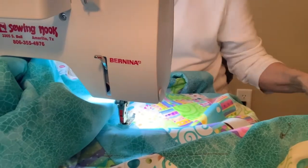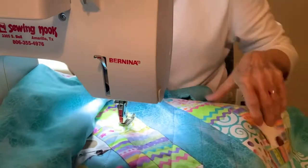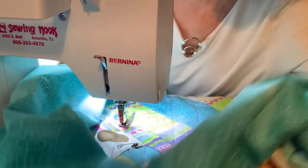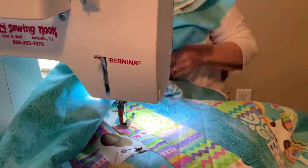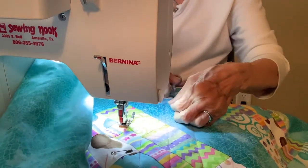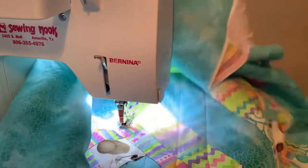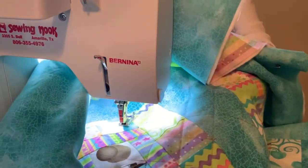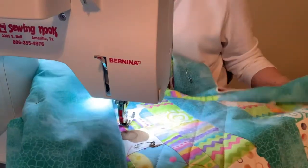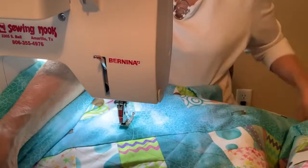Okay. All right, let's stop right here and let me show you. I'm gonna cut my threads and everything. You wouldn't ordinarily do that. You keep going and sew as much as you possibly can before you cut your threads. You don't want to be doing that. And I have 2 bobbins loaded and ready so that I don't have to stop and do that either. Okay,